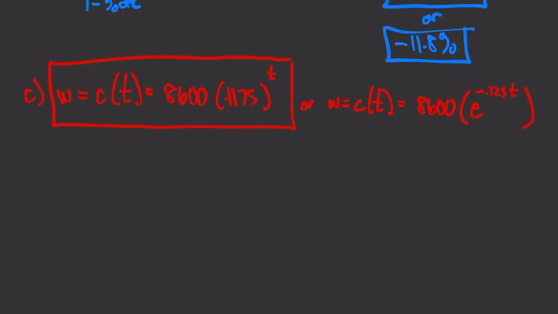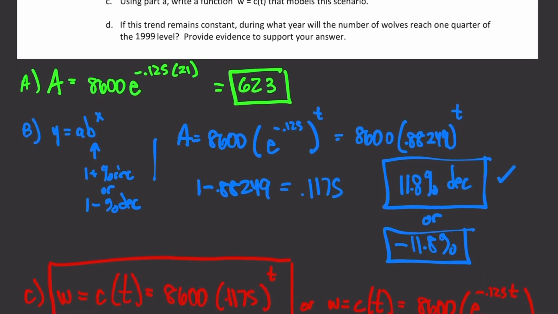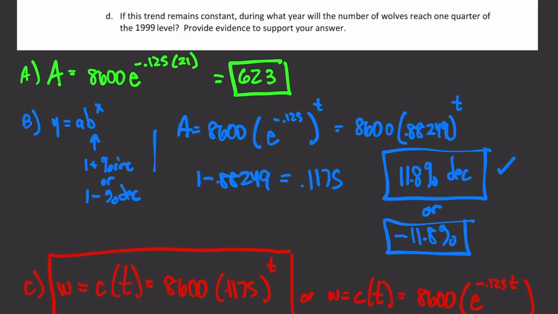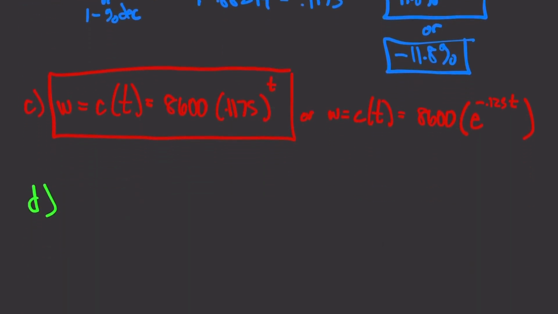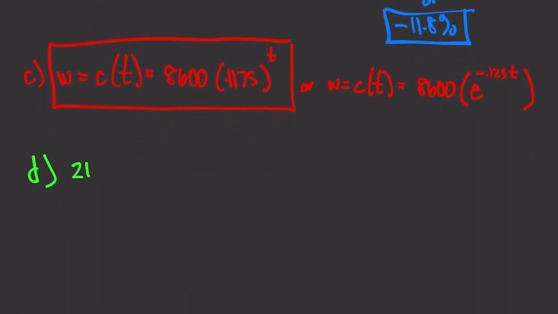Okay, finally, D. So part D, if this trend remains constant, during what year will the number of wolves reach 1/4 of the 1999 level? So for this 1/4, we're going to take 8,600, divide by 4, and that's going to be 2150. Okay, so let's do this. 2150 equals 8600 e to negative